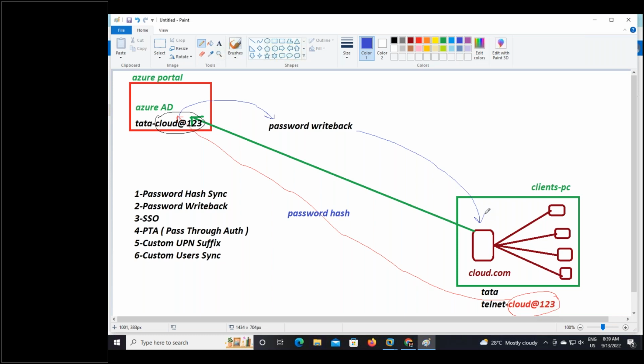Okay, fine. So next, let's talk about another option like SSO. SSO means single sign-on. We must know the concept of SSO, which is really important. For example, you establish your cloud.com on premises and establish multiple users, Tata, Telnet, and you know that these all are client PCs, in the sense you can say Windows 10 operating system or Windows 7 operating system. ये सभी operating system आपके as a client OS कहलाते हैं।